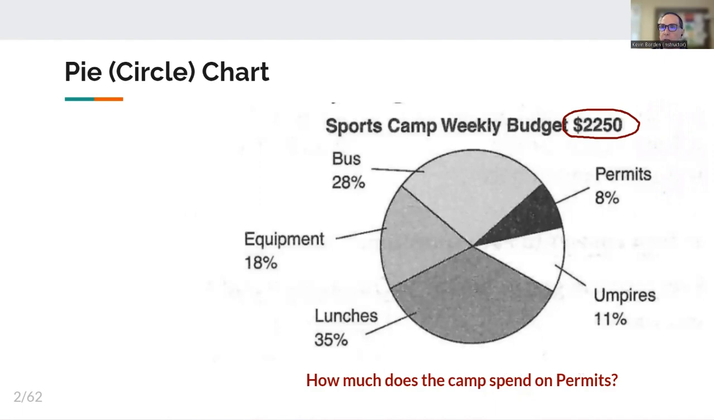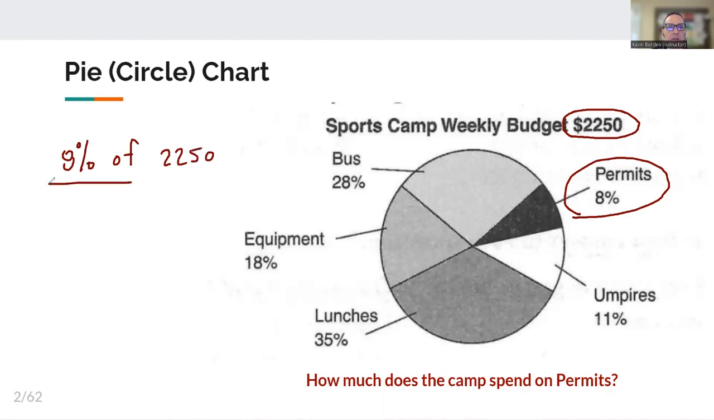So the way we would answer that question is to say, okay, they spend 8% on permits, and the total budget is $2,250. So this is an example of simplifying a problem down to a very simple phrase, 8% of $2,250. And we've learned that once we have a phrase like this, we change the percent into a decimal, and we multiply,